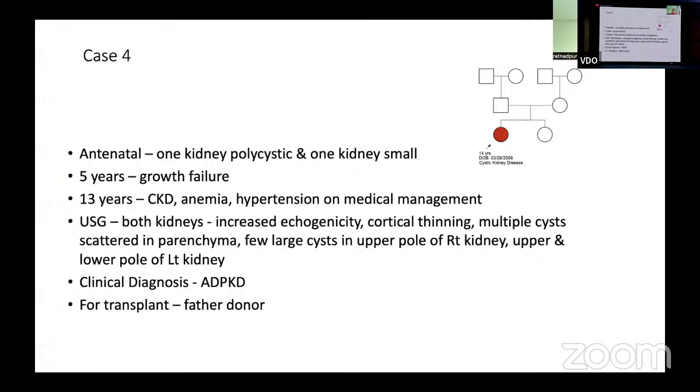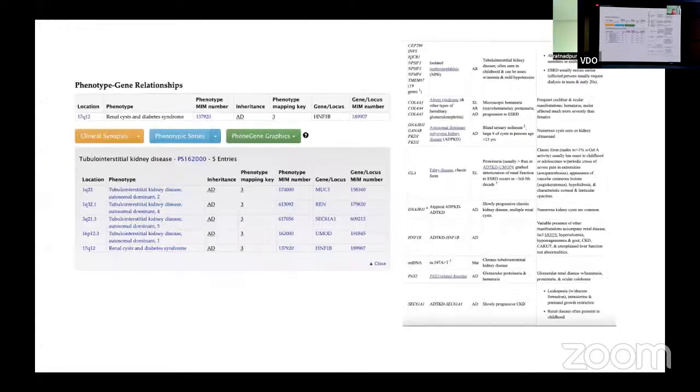So a clinical diagnosis, because there were cysts, of autosomal dominant polycystic kidney had been entertained, and there was no family history, as you can see in the pedigree. And the father was going to donate the kidney. So what is done in my hospital is, we do a genetic workup. First, you go and look at, well,